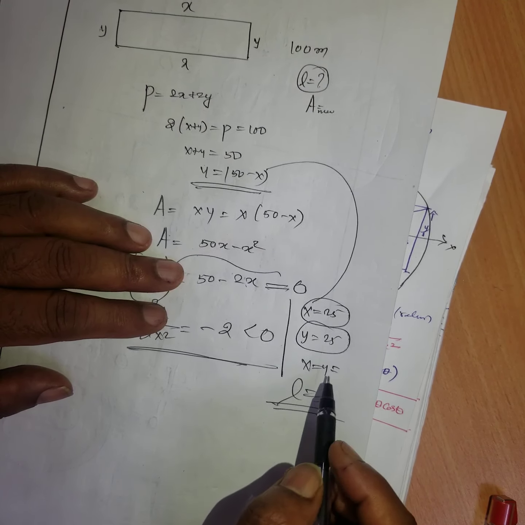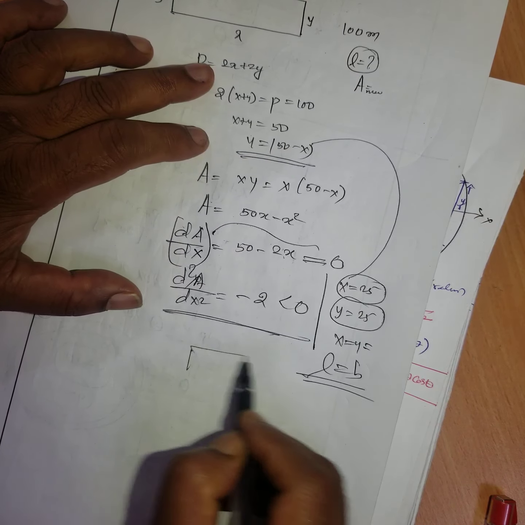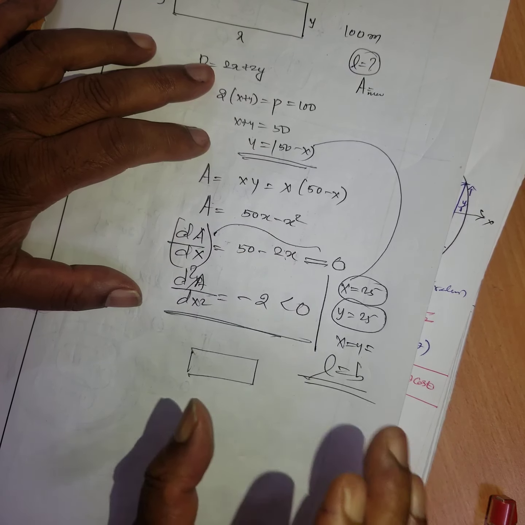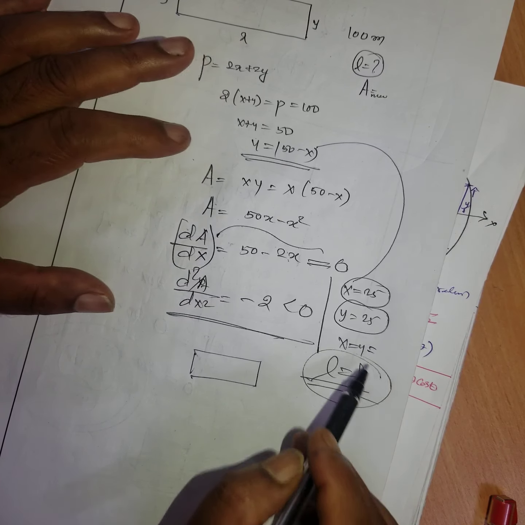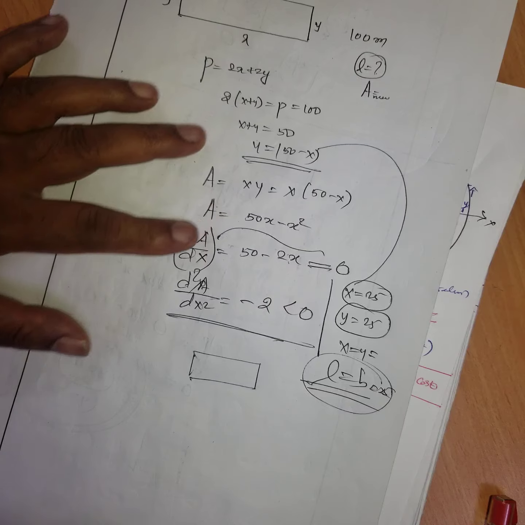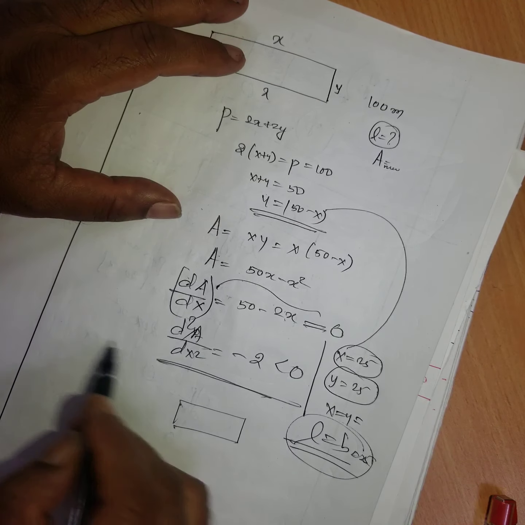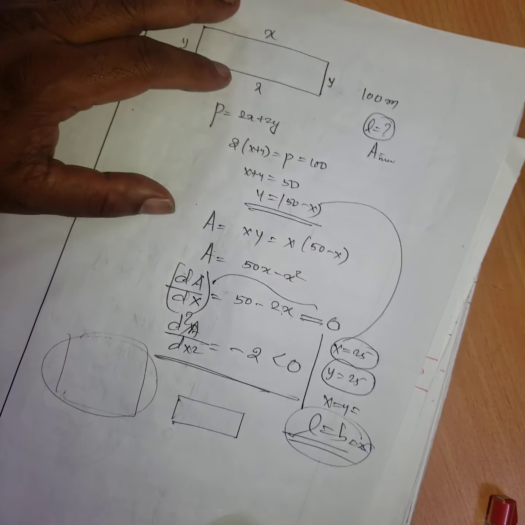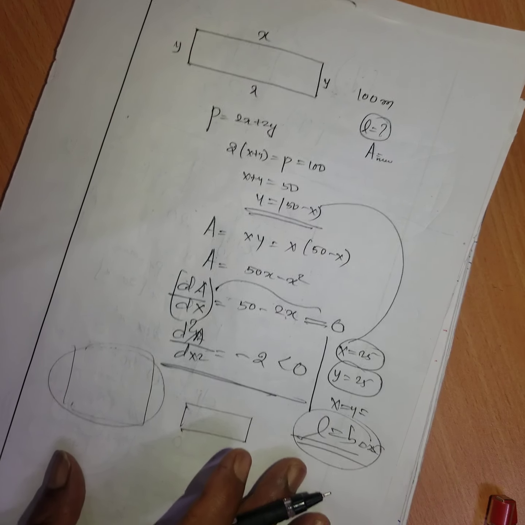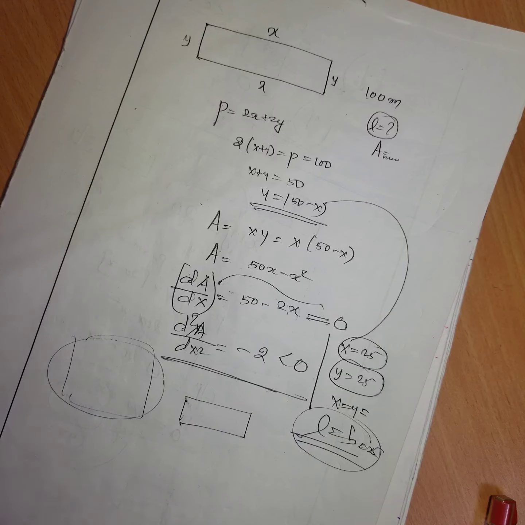Therefore, length is equal to breadth. Therefore, the maximum area of the rectangle is a square. When it is a square, the length is equal to breadth is equal to 25 units. Therefore, looking at the problem itself, you can always tell in any circle inscribed like that. You need not work it out all that. You have already worked enough problems, but on the same basis only they are going to ask all the sums.